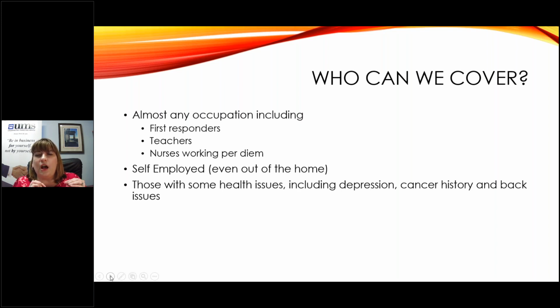Nurses, this has become a huge market over the last 5 years. Many nurses have actually quit their jobs, being employed directly by a healthcare system, and are now a per diem nurse. They're freelancing. They have no benefits, but they are making a lot more money doing it that way. They're also working less hours because they can work 3 8-hour shifts or 2 12s and make the same amount that they did when they were working 40 to 50 hours. Because of that, some of the carriers are now considering nurses full-time, even if they're only working 24 hours. That is a huge market.